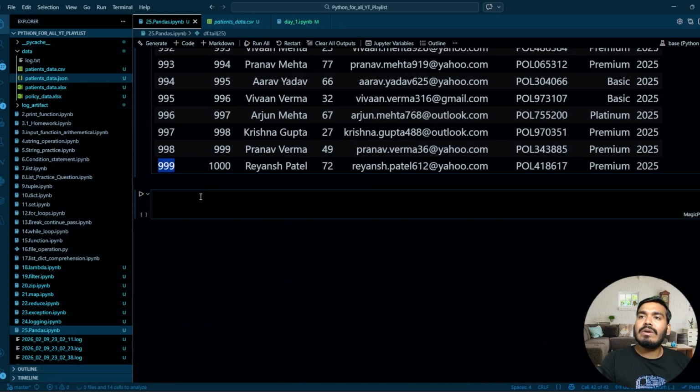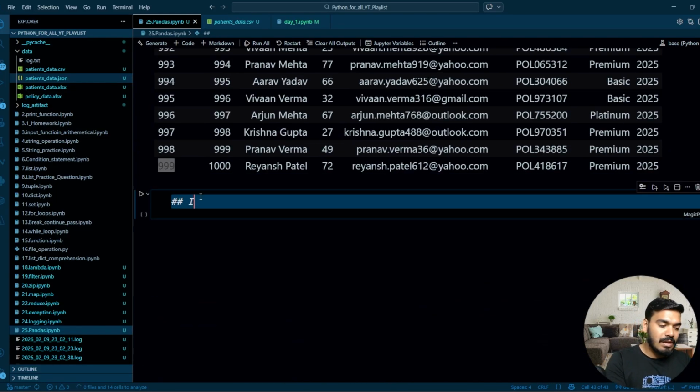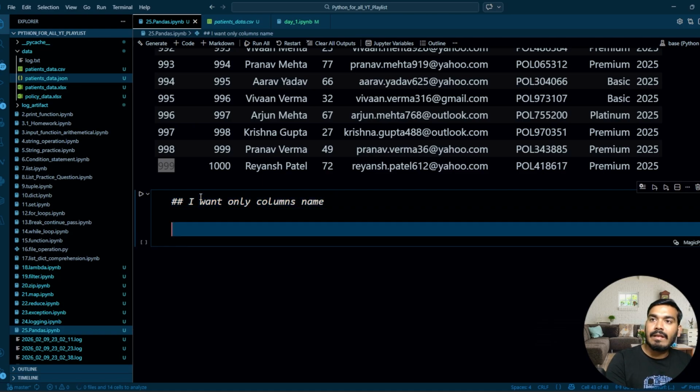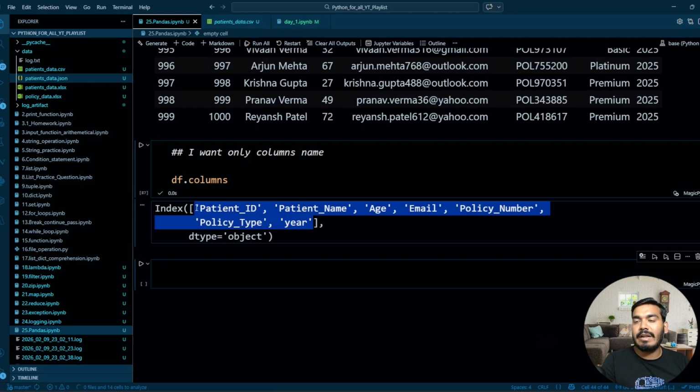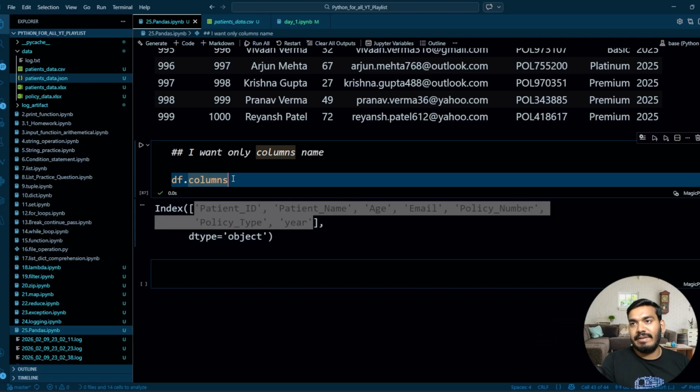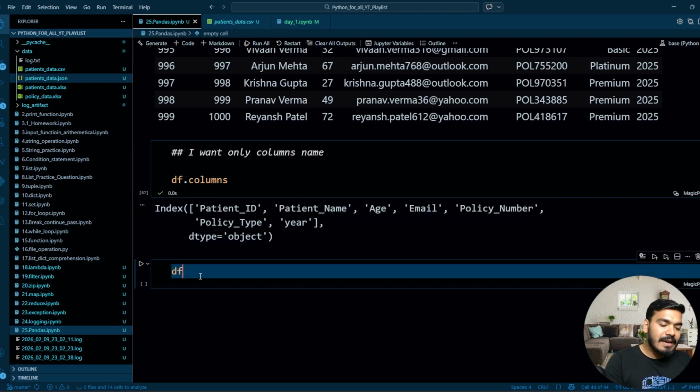Next, I want to get only the column names. What will you do for that? df.columns. As soon as you write this, you will get all the columns present in your data frame. Next, if I write df.describe,